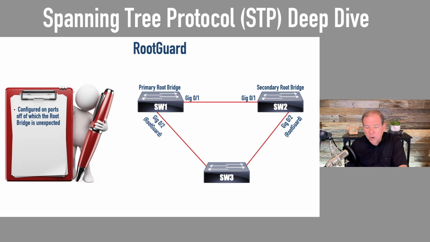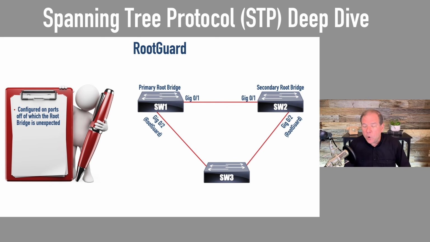With root guard, we're going to configure that on ports off of which we do not expect to see a superior BPDU. We know that switch 1, we've designated it as the primary root. Switch 2 is designated as the secondary root. So I wouldn't mind if they received superior BPDUs from one another, but downstream, there should be nobody down there that's going to have a